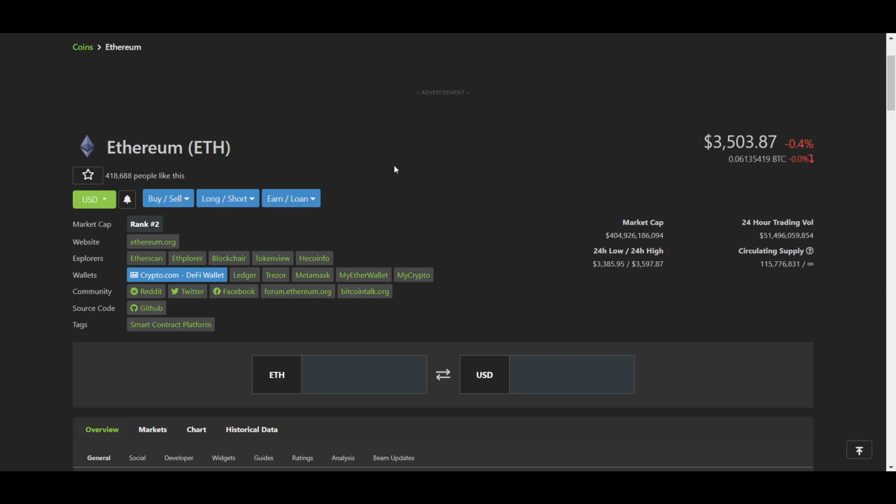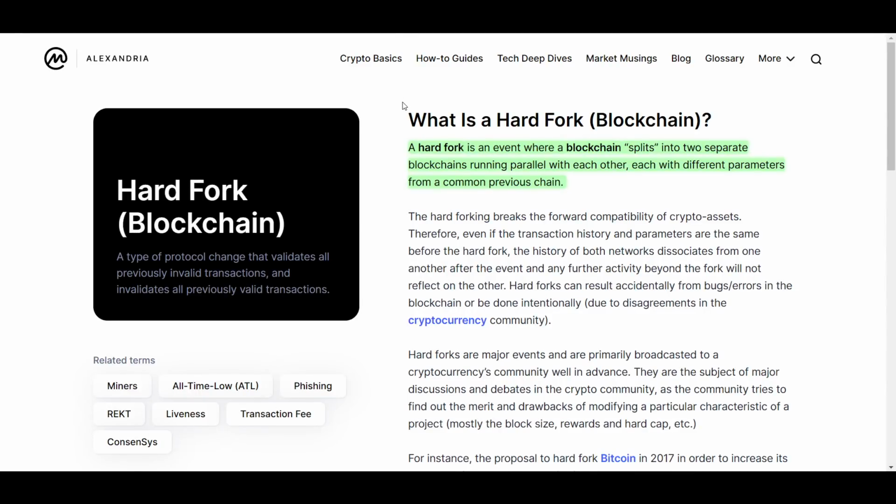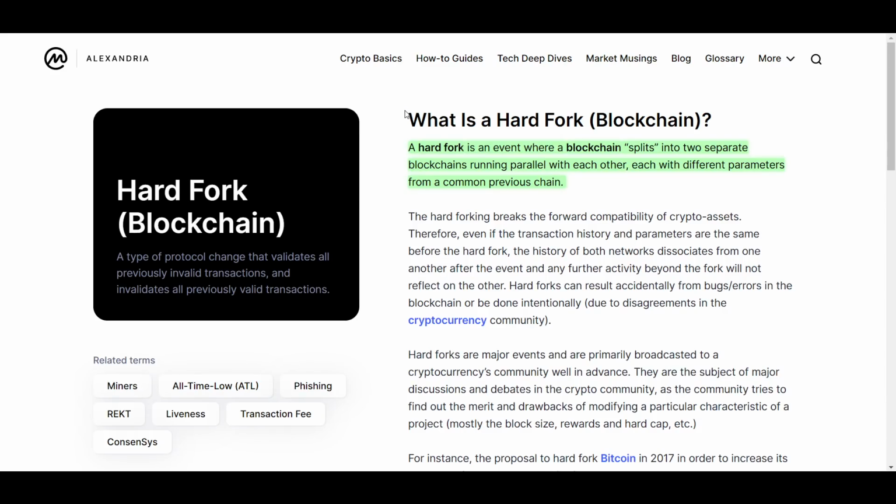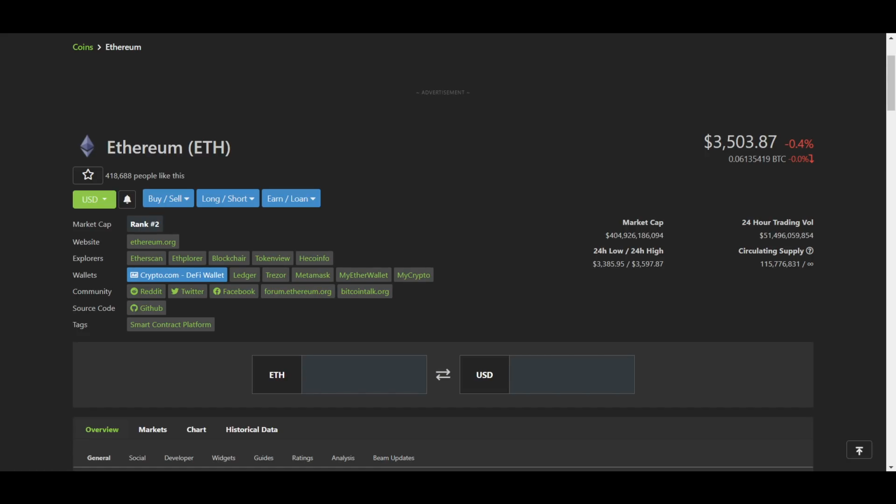If you have never been a part of a hard fork, what happens is that if you held coins on the original chain, then you're given the same amount on the new chain. But that does not mean that they are worth the same, as market participants generally see one as the real one and the other as secondary to it, so they will not pay the same amount for those coins. In other words, one of the coins is going to be worth more after the hard fork, depending on which the market believes